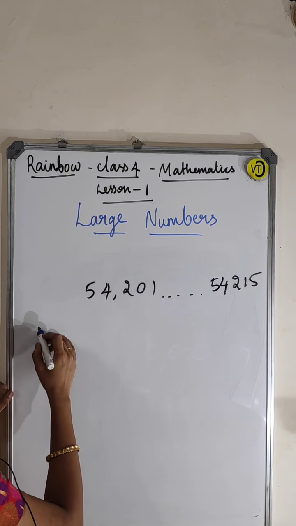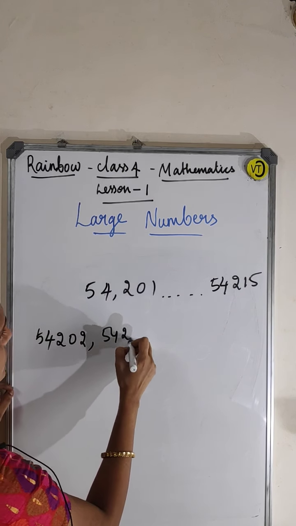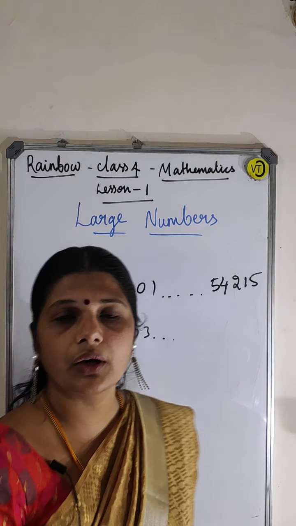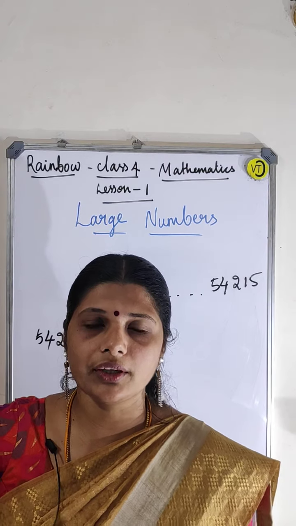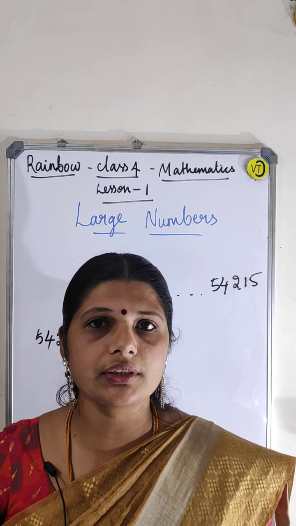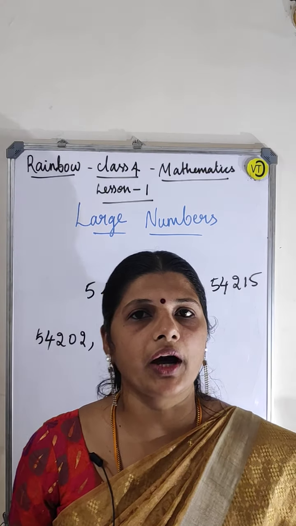So here 54,202, 54,203, 54,204, 54,205. So it's going on up to 54,214. Okay, 54,201 to